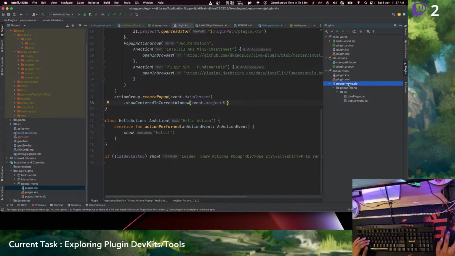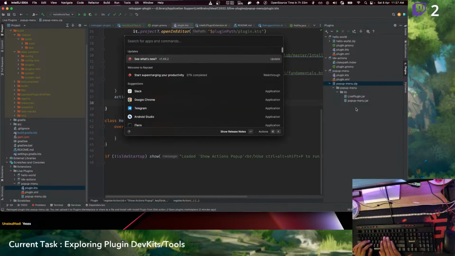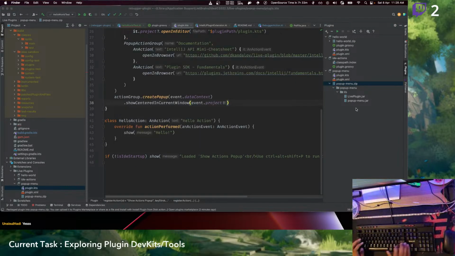Now, how do I get this thing out of this thing? Maybe I can do one thing. I can go to some common directories, and that should